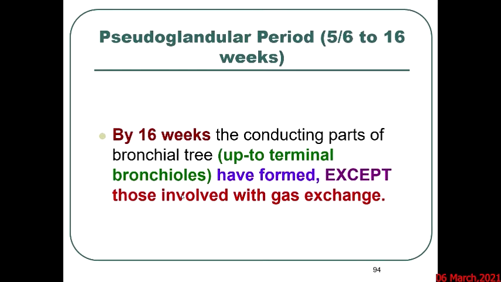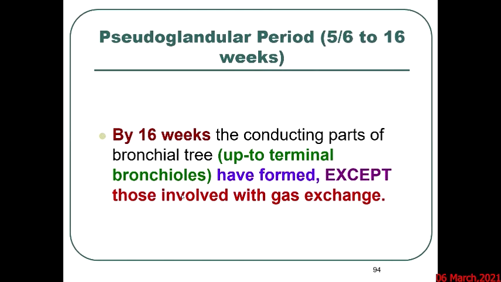By 16 weeks, the conducting parts of the bronchial tree up to terminal bronchioles have formed, except those involved with gas exchange. That means the part of the bronchial tree which is destined for gaseous exchange starts from the respiratory bronchiole. Then alveolar duct, then alveolar sac, alveoli, right? So by 16 weeks,